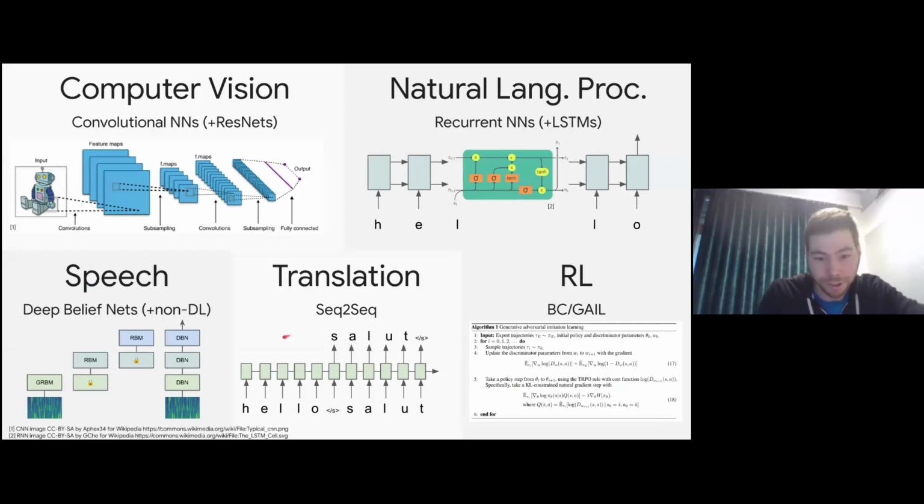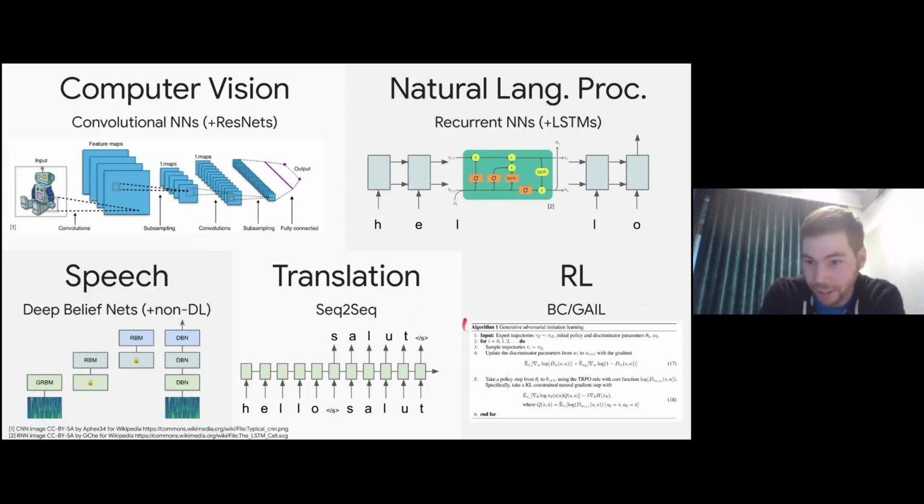Jumping straight to translation, it's a similar story, but you don't just have the output at the end. At the end, you start generating the output, again, one thing after another, usually again with an LSTM or similar RNN. In speech, deep learning seems to have had a slightly harder time, but the first maybe purely deep learning type of architecture that became somewhat dominant or widespread in speech was based on restricted Boltzmann machines, which you trained layer by layer, and then fine-tuned completely eventually, which is again very different from the things we see here.